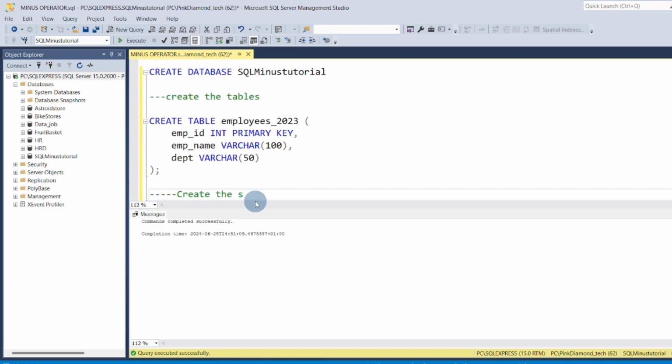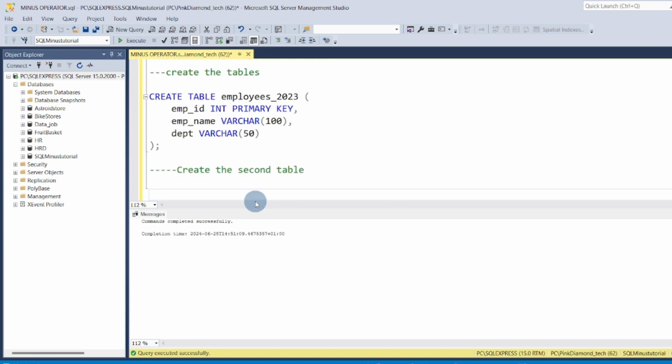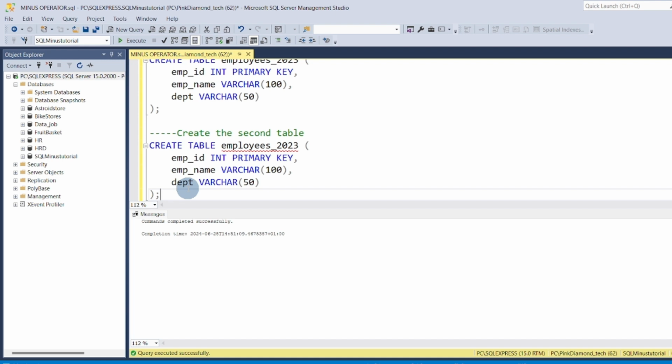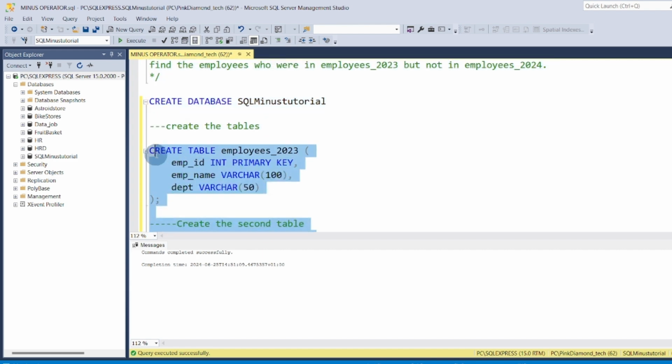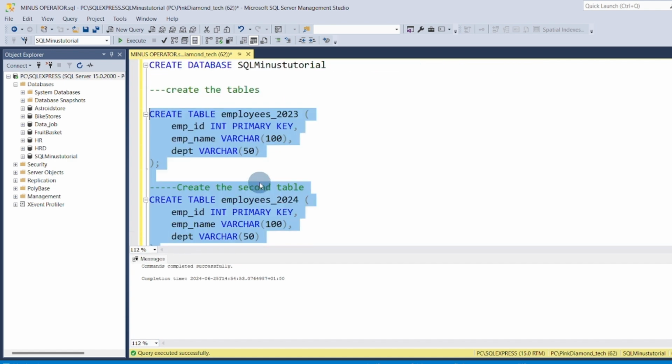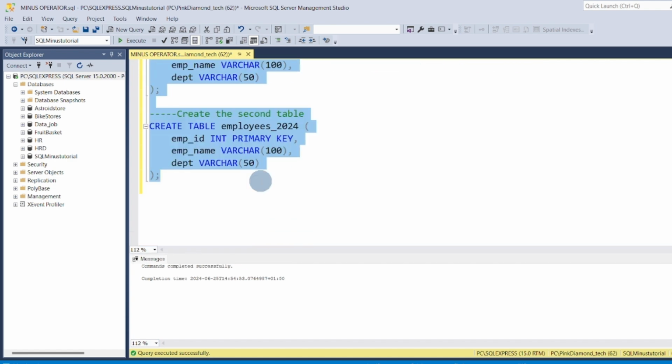Create the second table. Let me just copy this and change this one to 2024. You can see the same structure. Let us execute, and here we go. Now, good. Before we populate these two tables,